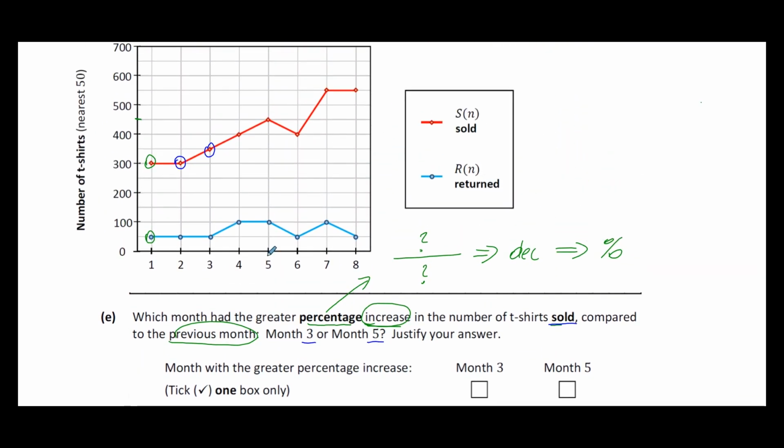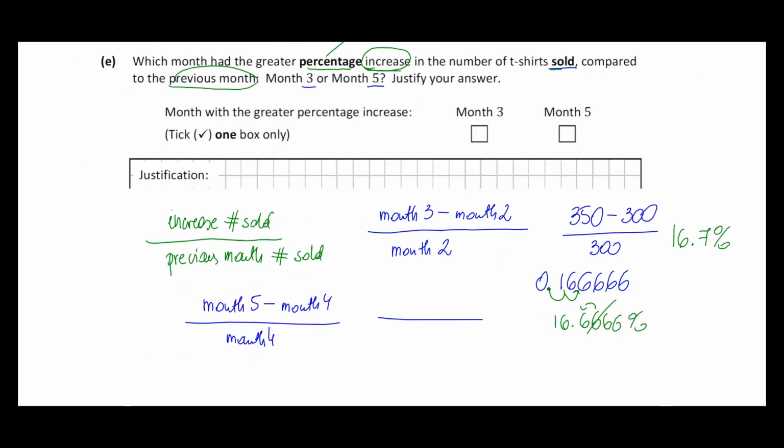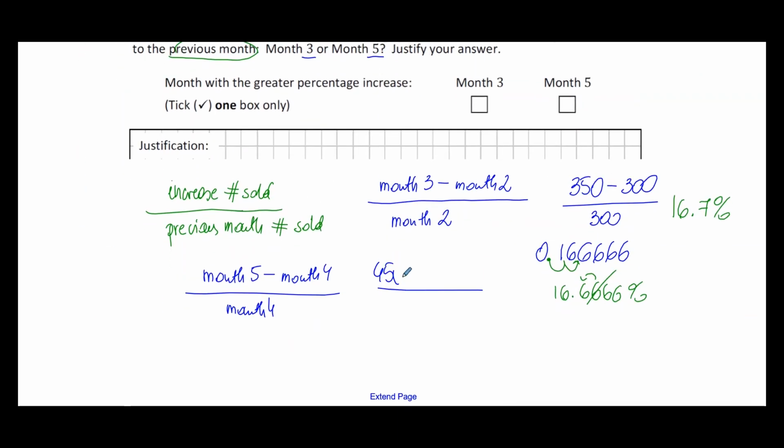So month 5 here, the t-shirts sold were what? 450, and the previous month 4, the t-shirts sold were 400. Okay, let's put those numbers in. So 450 month 5 minus month 4, 400, and then divided by 400. And again, we put that in the calculator and we press equal, and the answer we should be getting is